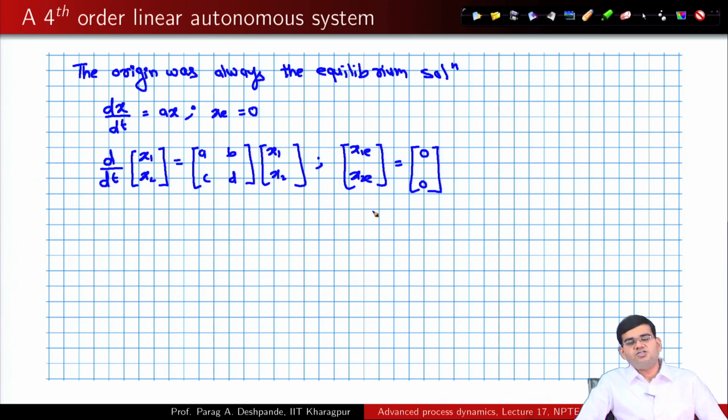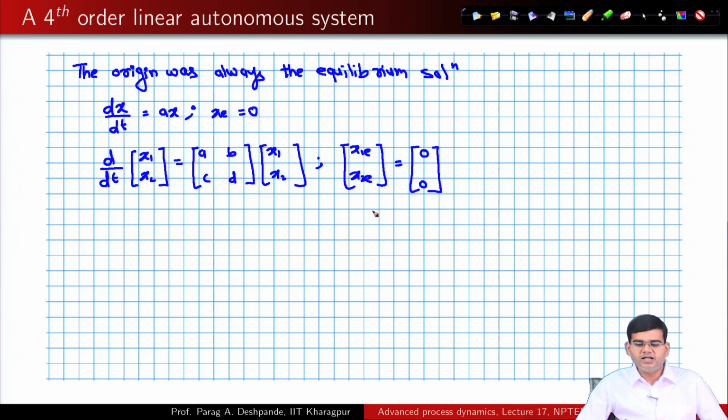We saw this to be the case for third order systems as well, which means for autonomous systems 0, 0, 0 is always an equilibrium solution. In certain cases we found that the equilibrium solution was stable, in certain other cases we found that they were